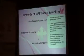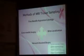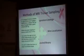Wire localization is still the mainstay of MRI-guided intervention. Large surgical specimens reduce the sampling error and compensate for some inaccuracy of needle placement. A disadvantage, however, is higher morbidity and financial cost compared to minimally invasive procedures such as core needle or vacuum-assisted breast biopsy. Finally, with vacuum-assisted breast biopsy, when you compare the core needle to it, a 14-gauge core needle device